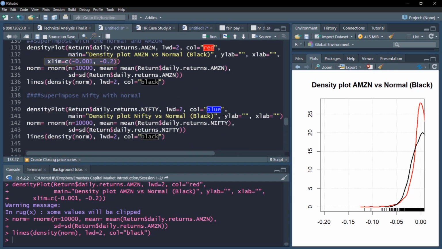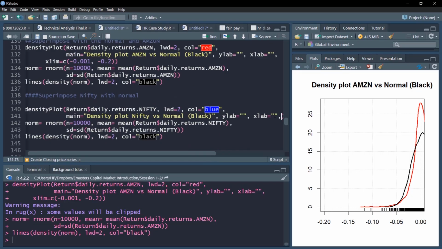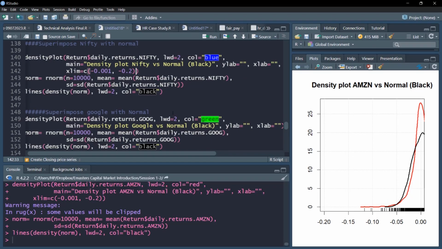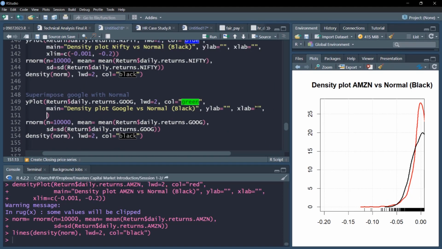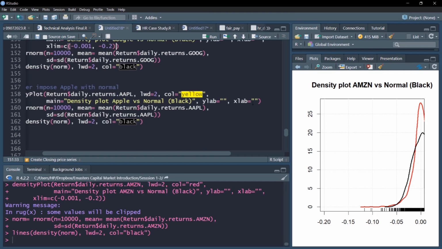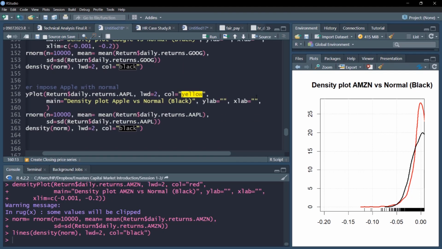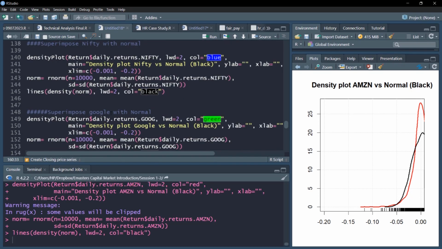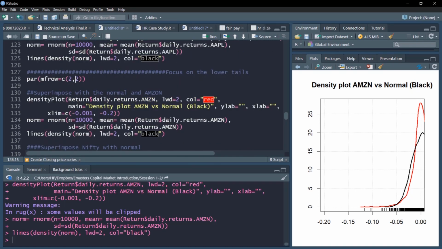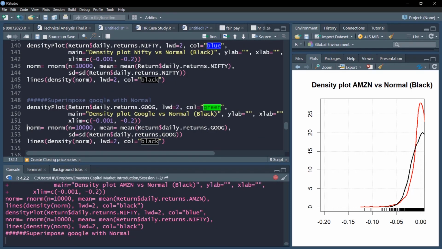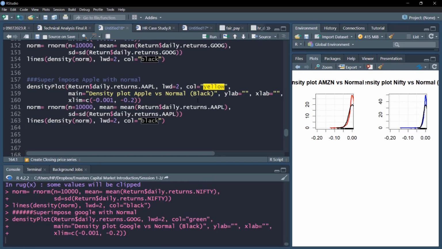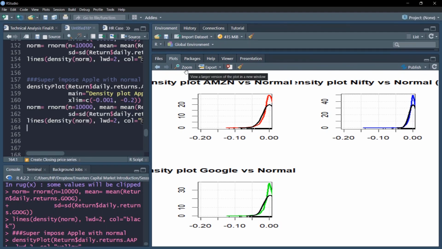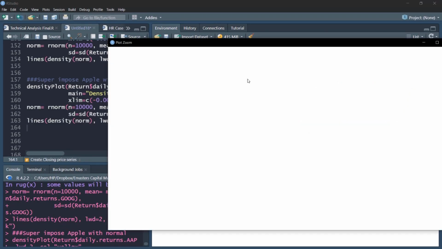Similarly, all I need to do is add the same x range in all the plots. It's quite simple. I'll just add the same here first, similarly here, third, first, second, third, and lastly the fourth plot. So I've added a specific range on the fourth plot. Let's see, we'll plot all four of them and see how the tail behavior looks. So we'll superimpose on the normal with particular focus on tail behavior. We'll zoom onto it.